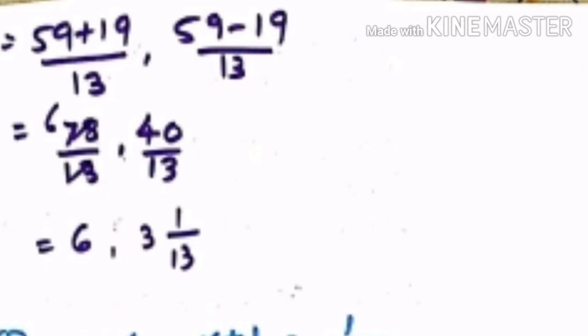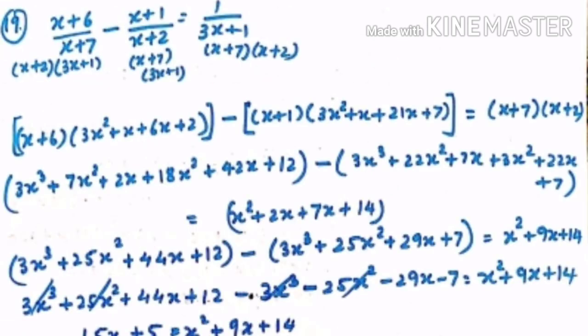So I get 59 plus 19 upon 13 and 59 minus 19 upon 13. So then 78 upon 13 and 40 upon 13. So 78 gets cancelled by 6. So the first root I get is 6 and the second root by taking its mixed fraction, that is 3 integer 1 by 13. Question number 19, you can see x plus 6 upon x plus 7 minus x plus